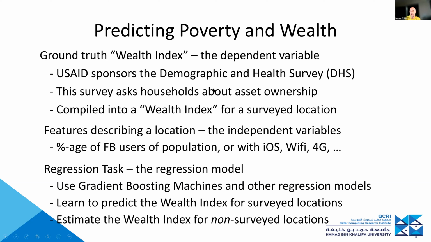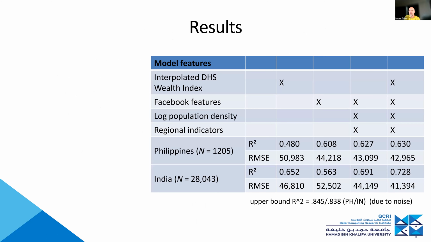And then once you have your ground truth, and once you have your predictive variables, then it just becomes a standard regression task, right? You can try your favorite regression model just experimentally for this particular setup. Gradient boosting machines work best, but again, you can try whatever you're comfortable with. So just to jump right to the results. Okay, so how well does it work, and how much value does Facebook add over other things, right?